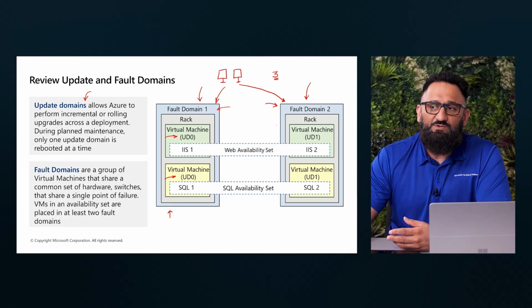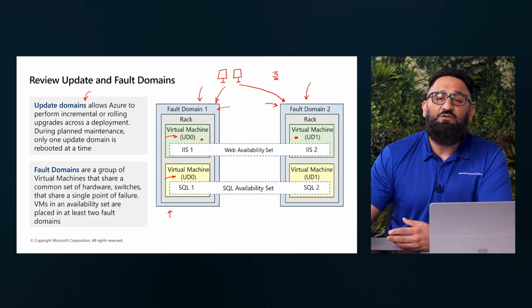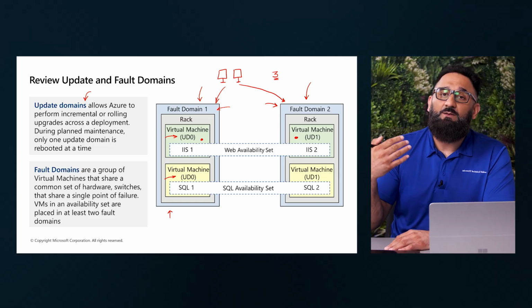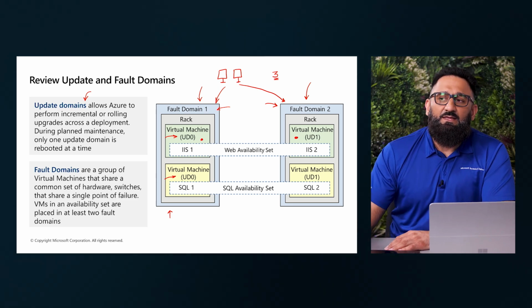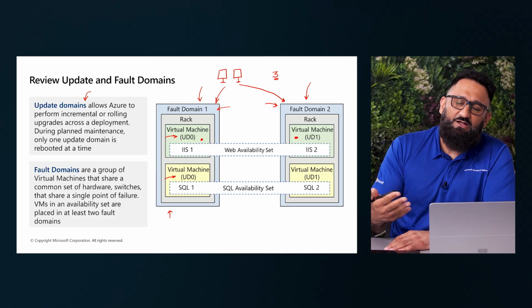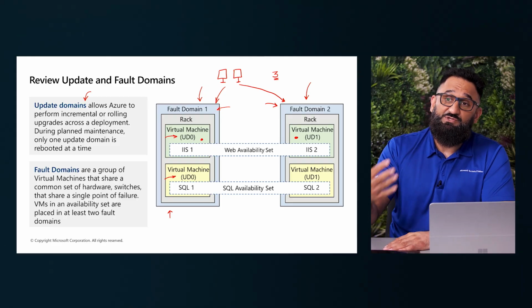In this case, if I was to create a virtual machine that's plugged into update domain 1 and a virtual machine that was placed into an update domain 0, then the chances of both of them being turned off in the back end for planned or unplanned maintenance would be very less likely. And if I was to create them on separate fault domains, then chances of my entire resource or my solution, in this case the virtual machine, going down reduces.